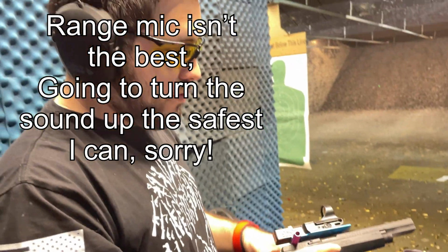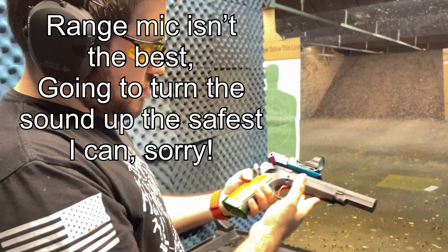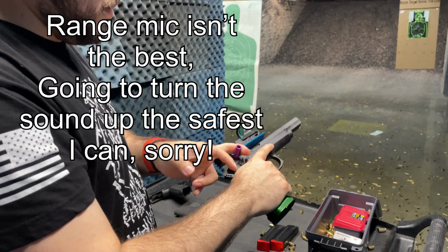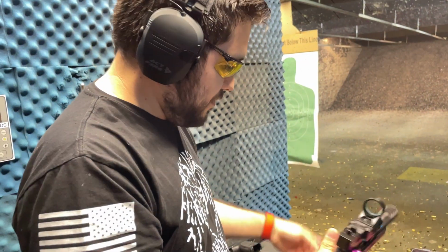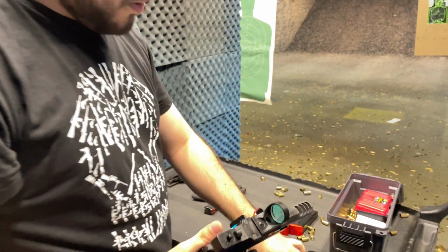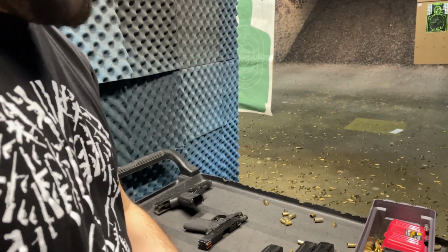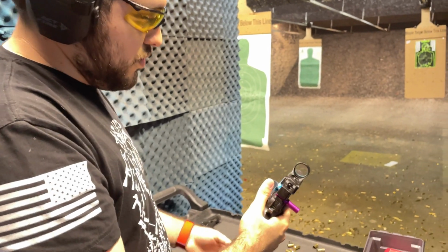Got you some range footage of the CZ 75 TS Czechmate Parrot Edition. As you can see, all the colors are a little different. Got the red dot sight on it, charging handle, muzzle brake, compensator. 3 mags here, 60 rounds. There's also a 25 round magazine here. I'm not going to shoot this one. I'm having a little issues with it, but I'm pretty sure it's probably just choking. This is Federal ammo, so let's go ahead and put some rounds through here so you guys can see exactly how it shoots. 1.5 pound